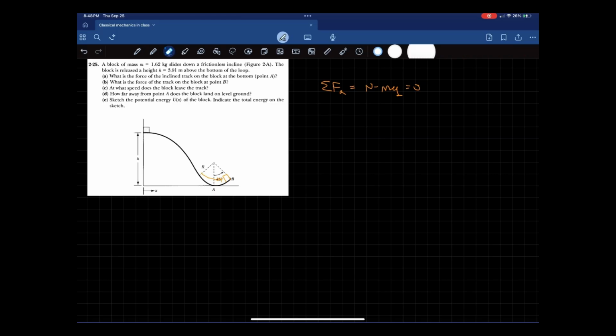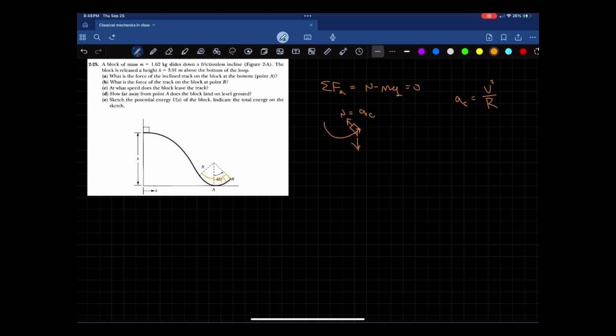So if we apply that to our diagram, we would have the normal force, which is also at that point equal to centripetal acceleration. We learned that the centripetal acceleration is v squared over r, where r is the radius. So at this point, the force acting on it would be the normal force, which is the same as the centripetal force. And since gravity always acts downward,